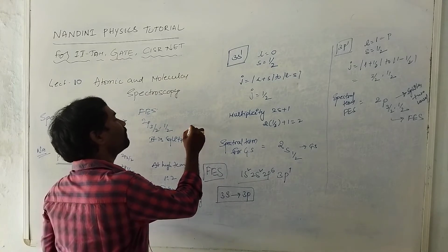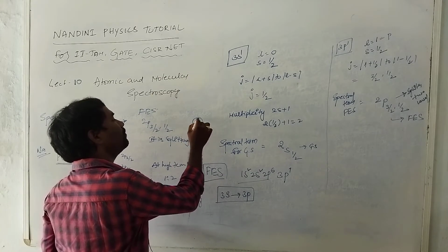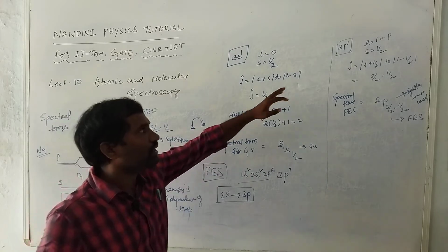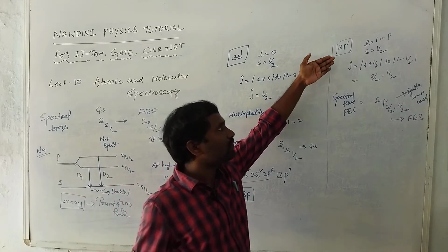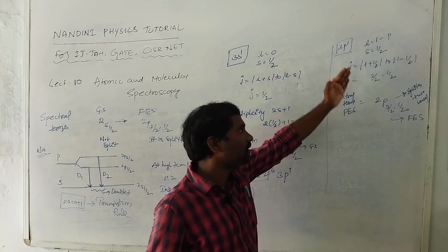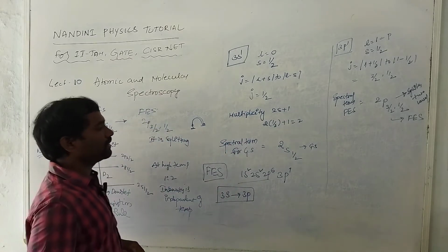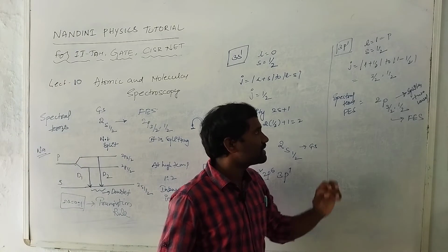the first excited state means when an electron jumps from the ground state to the first excited state. So, this value is shifted to another value. That is nothing but a transition from 3s to 3p. That is why we indicate 3p'. So, from that equation I can find out this spectral term. Here this is the ground state, and this is the first excited state.